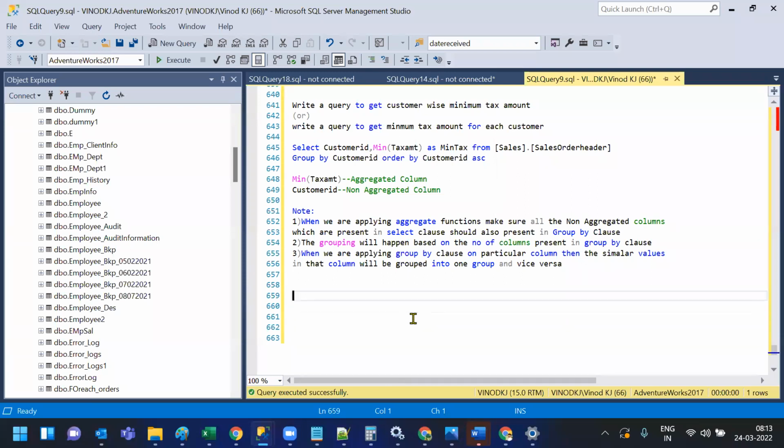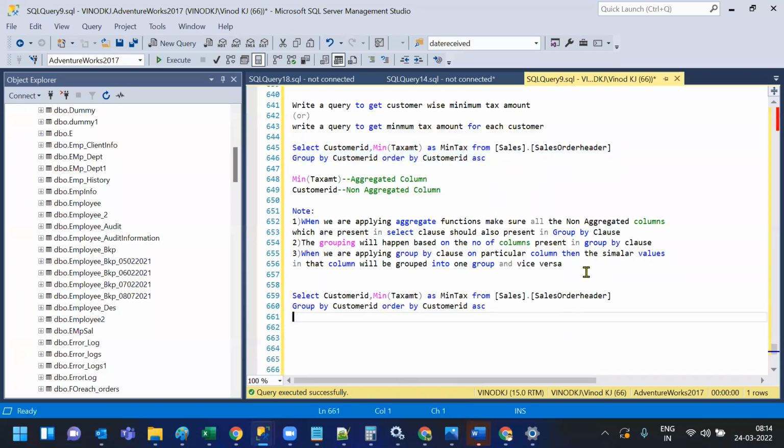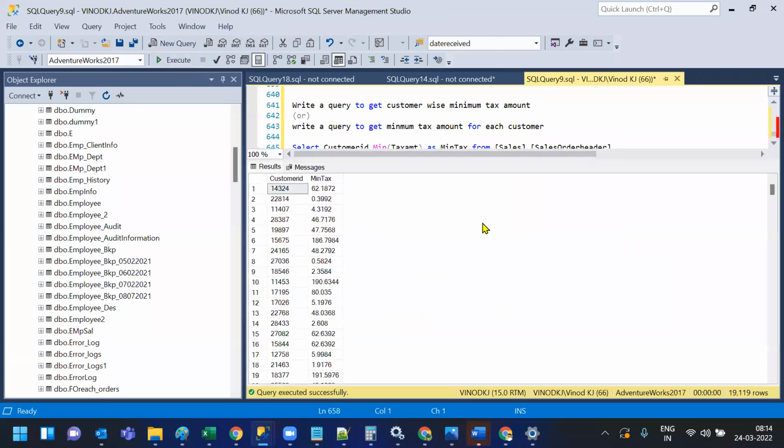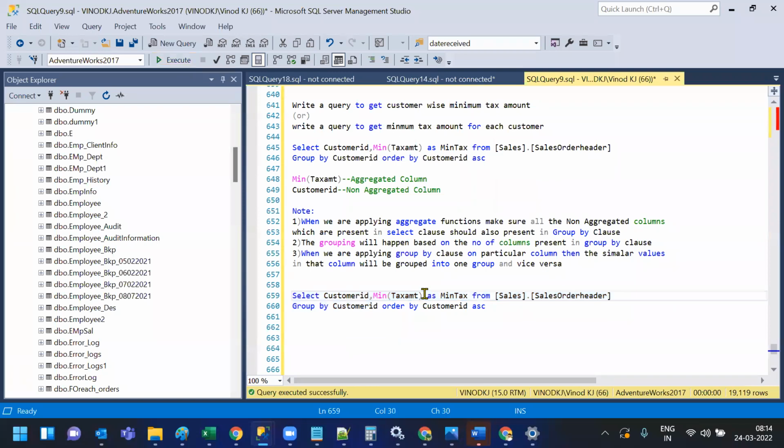Next we'll talk about the GROUP BY HAVING function. So where will we use it? To filter the data, correct? Having also works in a similar way. But having will filter the data on top of aggregated data. Let me just take this table